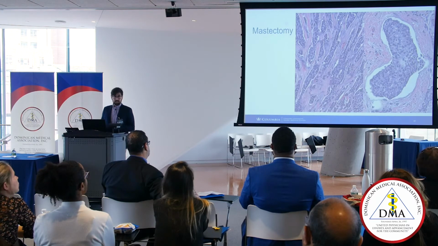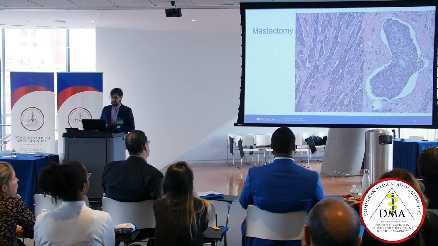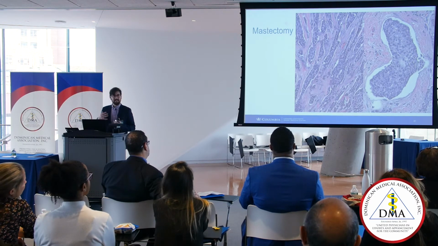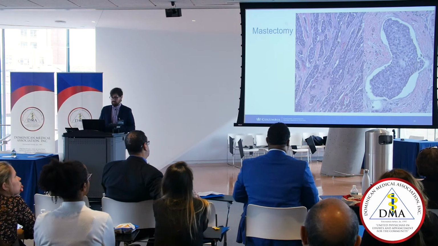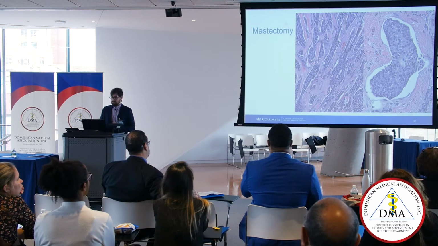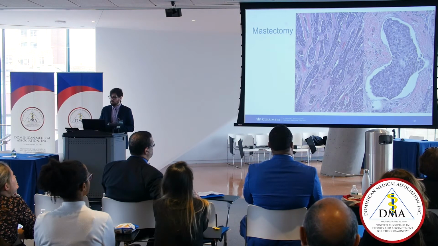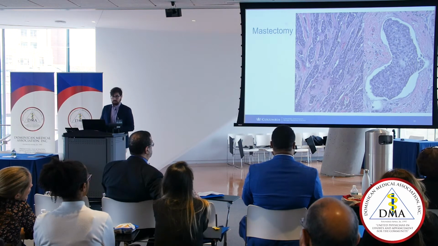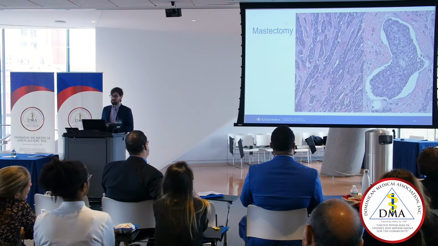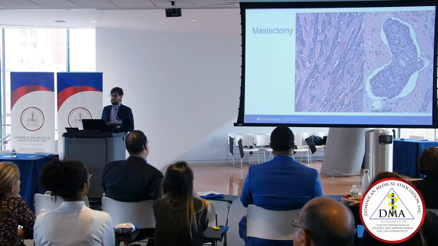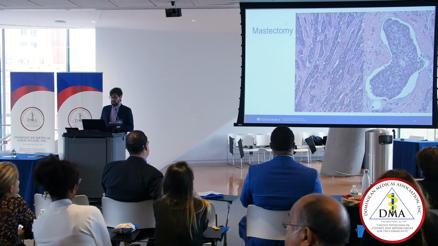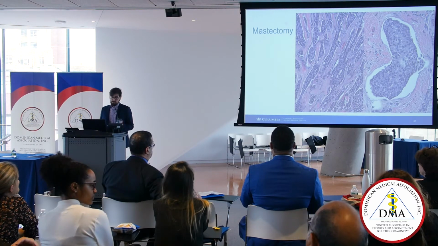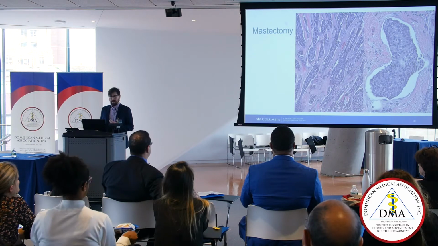When we get the tumor in pathology, we see these clusters of cells arranged in cords, and they're very atypical, like the picture I showed you before. So this is an adenocarcinoma. It's invasive. It's in this fibrous tissue here. And on the right, you can see that this is a vascular space. This is like a vein or a lymphatic duct, and there's cancer inside of it, so this is what we call lymphovascular invasion. And she's 36. She has an aggressive tumor, so we want to treat this patient and give her the best therapy we can, because we want to preserve her life. We want to be aggressive against it.